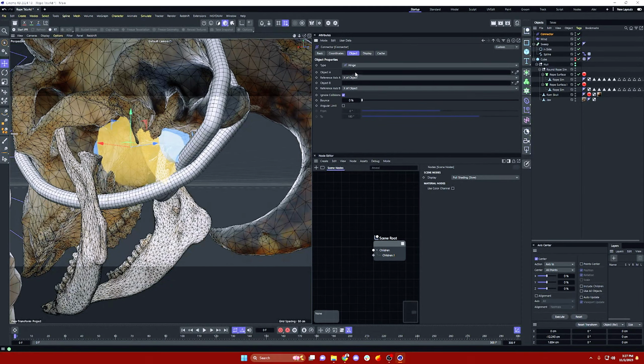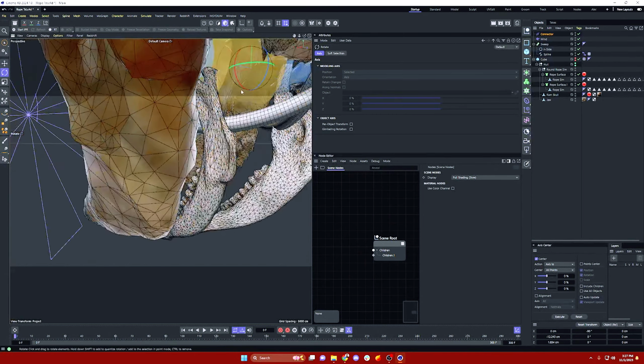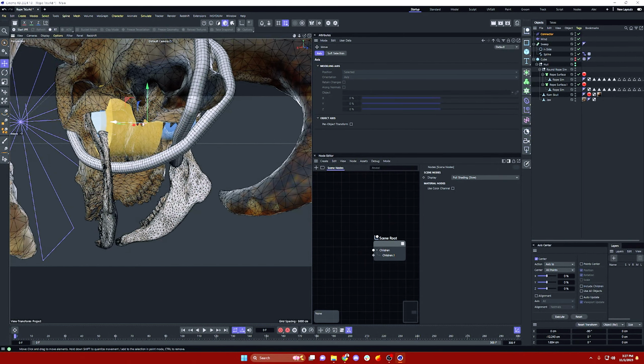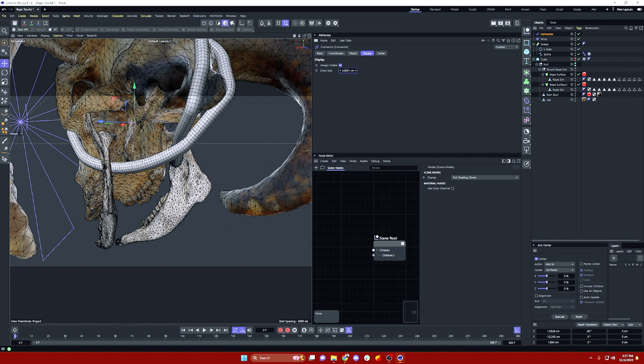And we are going to rotate it. And this is exactly what we want, which is a hinge. Okay, so now this is going to work like a hinge joint, exactly as you would expect it to and want it to. All right, now that we've got it in place,